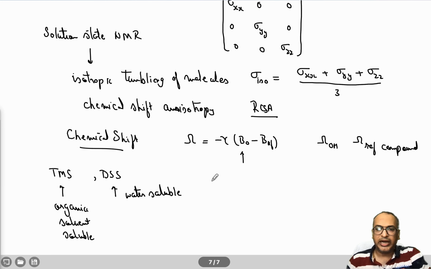Okay, so that means if the electron density is maximum, then there would be a maximum shielding for these compounds from the external magnetic field. That means they will appear far off from the compounds of interest or from molecules of interest. So what I mean is, how do you compare the two offsets? You basically convert the omega factor into something called the delta factor. So this is measured in hertz and this is measured in ppm. How do you do that?